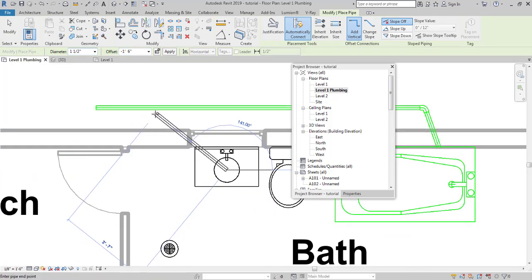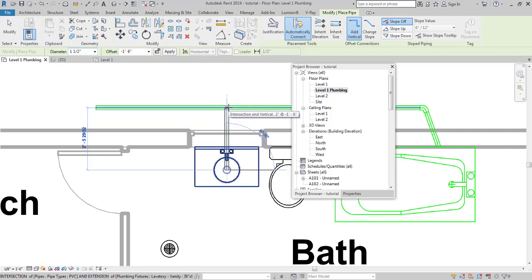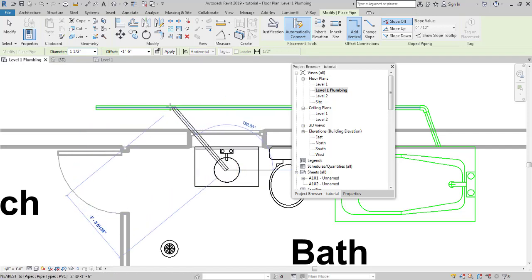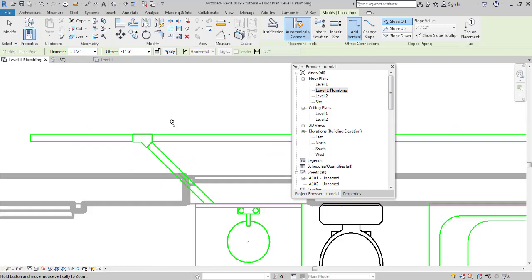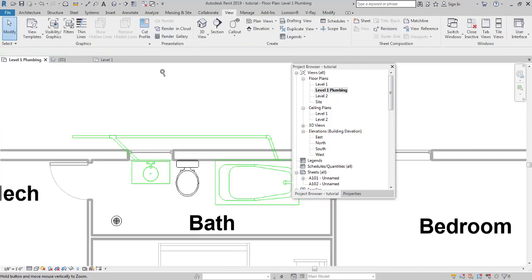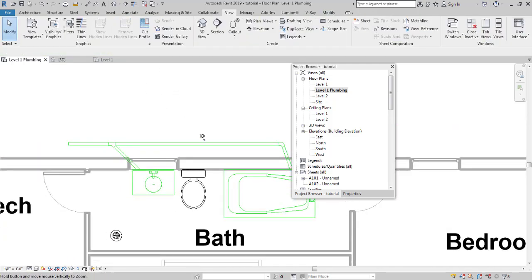And one thing, just so you guys know, sanitary pipes never go 90 degrees right into a pipe. That's against plumbing codes. You always have to attach them at 135 or 45 degrees. So here you go, we have attached the sink as well. So this was basic level sanitary piping.